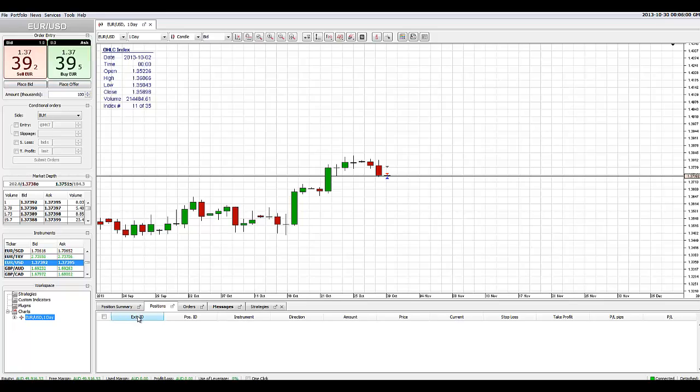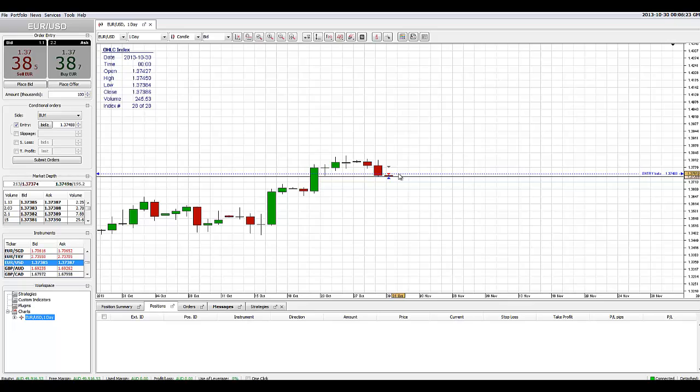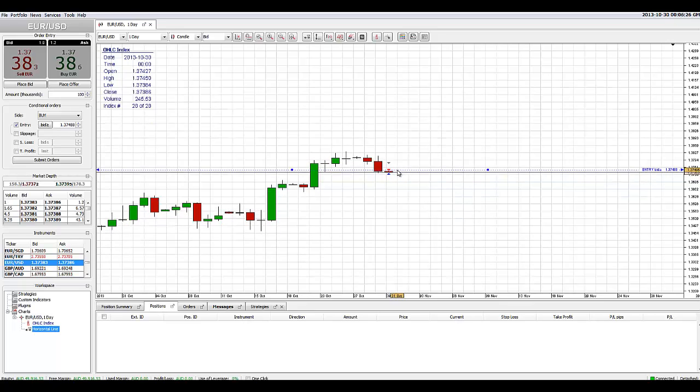So how do you do a stop or entry order? Let's assume you're going to do a buy stop. Buy is already selected, and you have to click on your entry order. Now, if you want to do a buy stop, you have two options. Most people will trigger off the bid price. Now you will see on the chart it gives you an entry level above the current market price. When you click on the entry level, you can drag it to a level that suits you, and then you